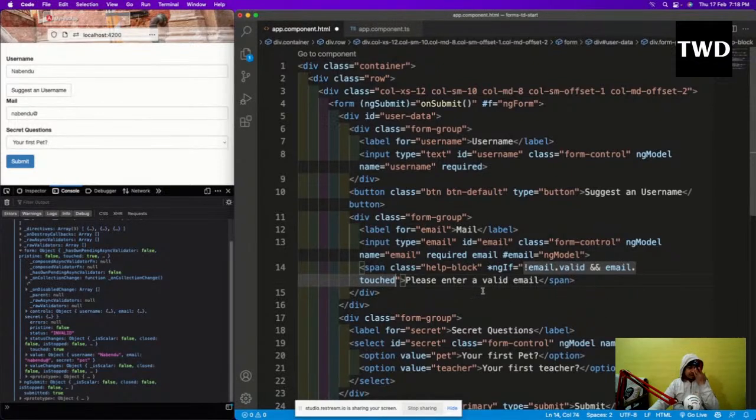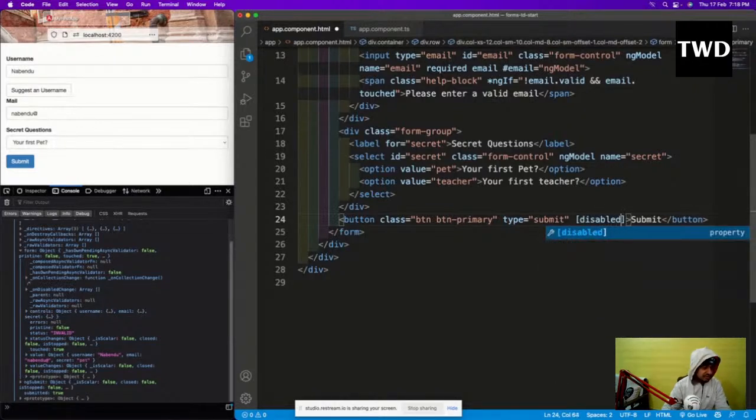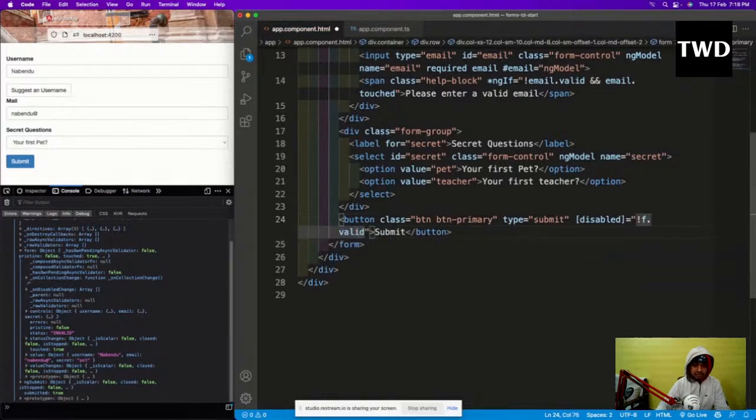Then I will show "Please enter a valid email", I will show the error. And similarly, I will come here in the button, type submit is there, and then here I will have disabled equal to not of f.valid.